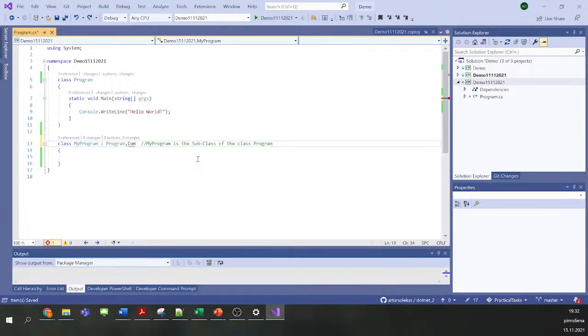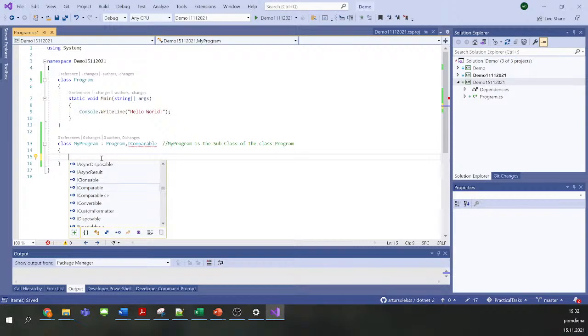It means that I need to implement some methods here, so just to not confuse you, let me take a moment. I need to implement compare to.